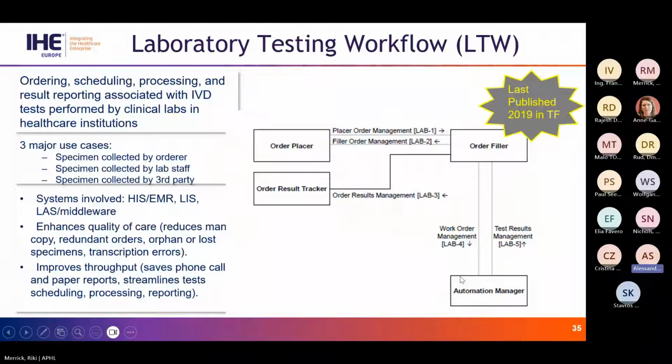It means once the order filler has a laboratory order, he will send a work order management to the automation manager, which says, okay, I have to perform all these laboratory tests for this order. Then the automation manager, in another profile, will instantiate to the analyzer all these tests in order to perform the test and get the results. And these results